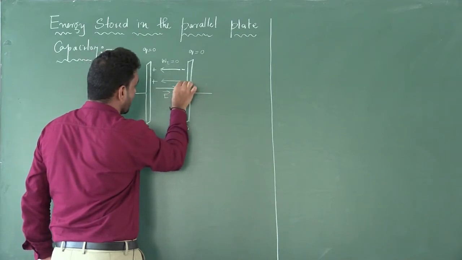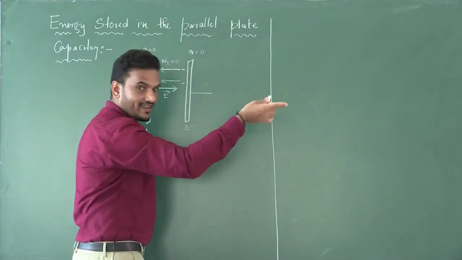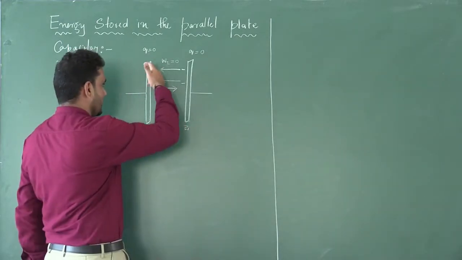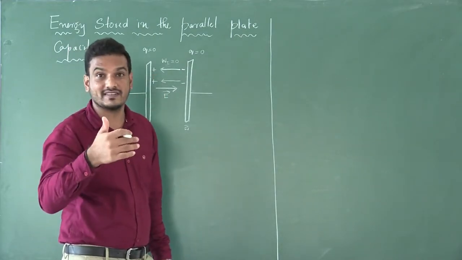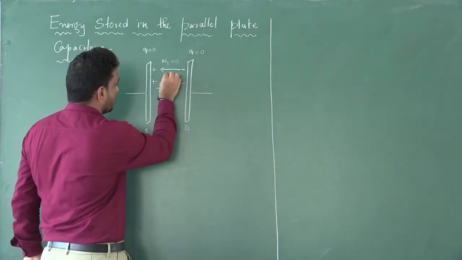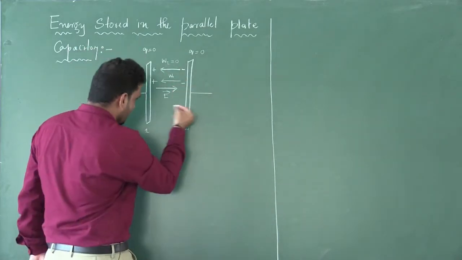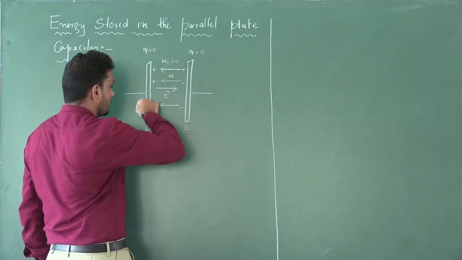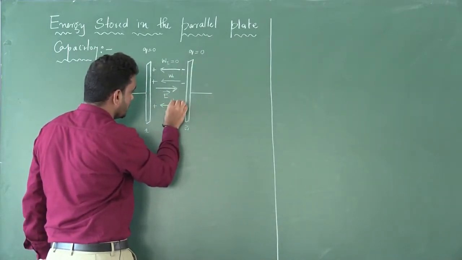So look here. Again the same thing. By losing a positive charge, it gains one extra electron. As a result, it is further negatively charged. Here, by gaining one positive charge, it gets further positively charged, but here we need to do some amount of work. For that, we shall call it W1. Similarly, I'll transfer one more. So further positively charged, further negatively charged. For this, work done is required. We shall call it W2.